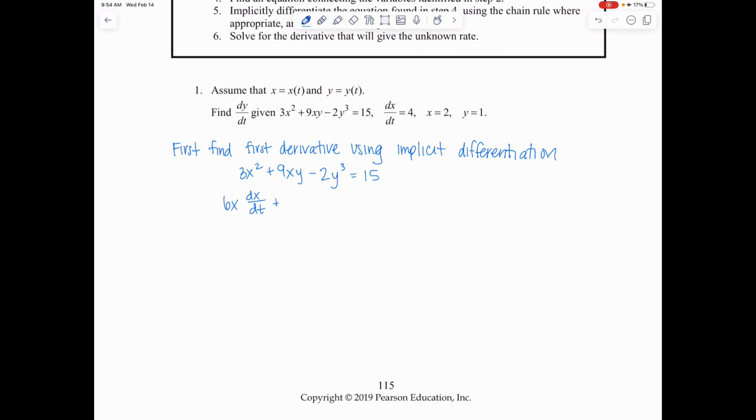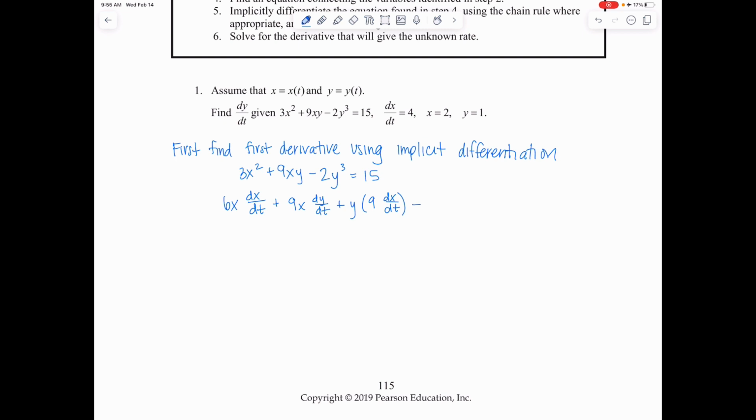So now we have a product. So we'll take the first, 9x, times the derivative of the second, dy/dt, plus the second times the derivative of the first, 9 dx/dt,